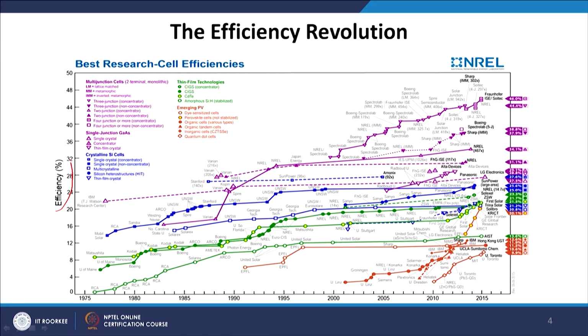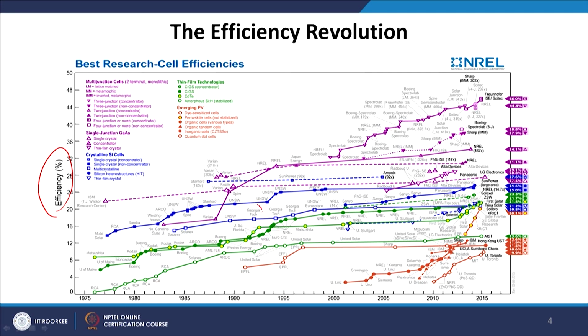Today we will learn how to read this chart. On the y axis of this chart is the efficiency in percentage, and the x axis, as you can see, shows the years, or the time. It shows the different generations of the solar cells with different colors, and very close to the line